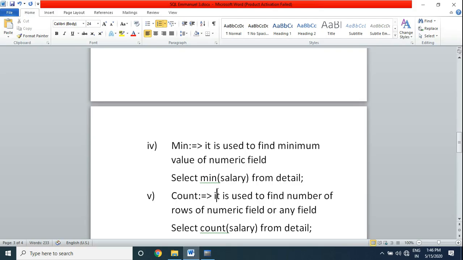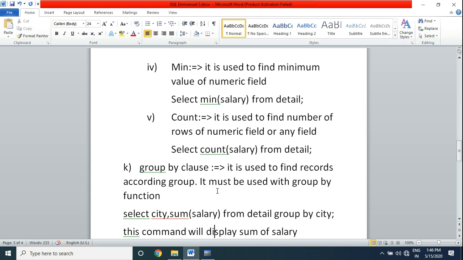So next is the GROUP BY clause. It is used to find records according to group. It must be used with a group function. So whenever we want to arrange records according to any group, at that time we will use the GROUP BY clause. For the GROUP BY clause, it is very necessary that it must be used with a group function. Like I write a command,